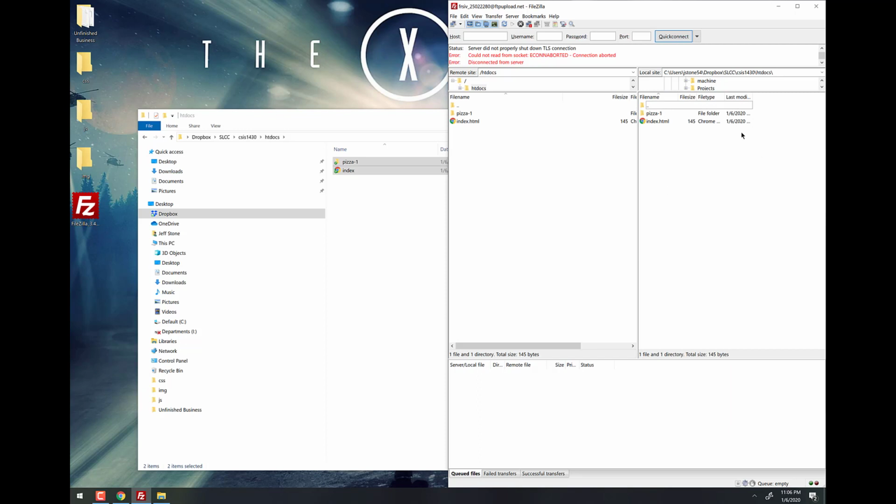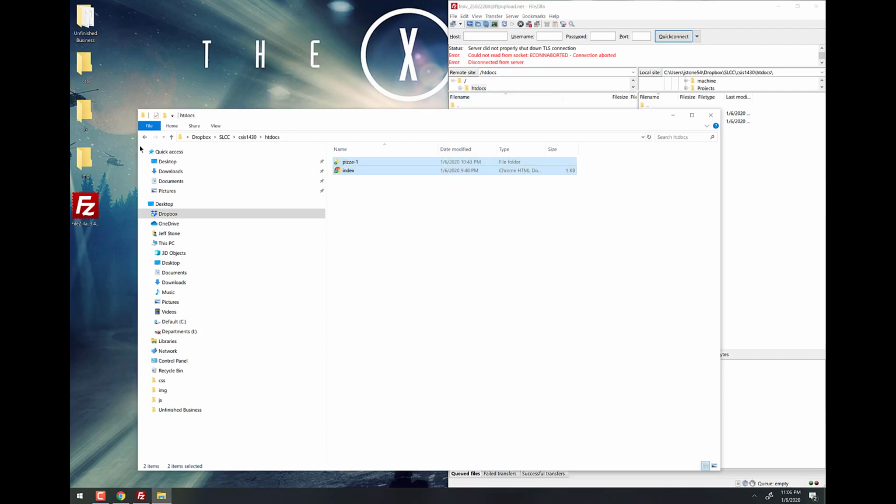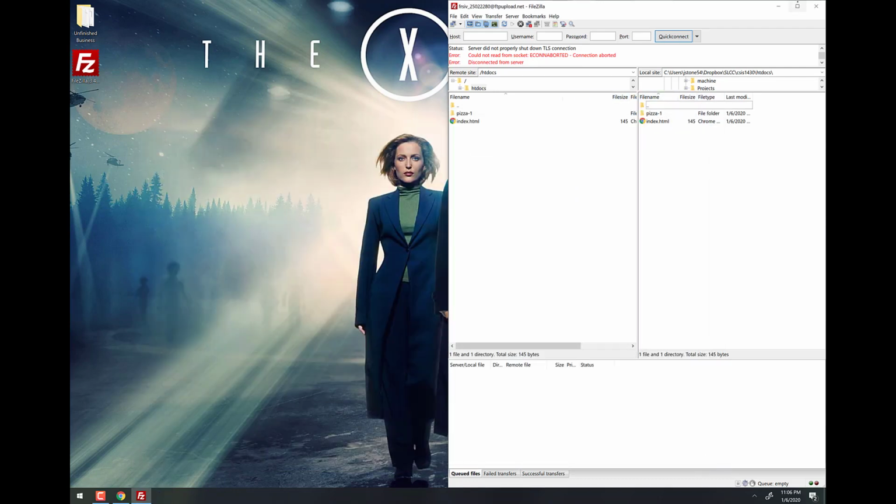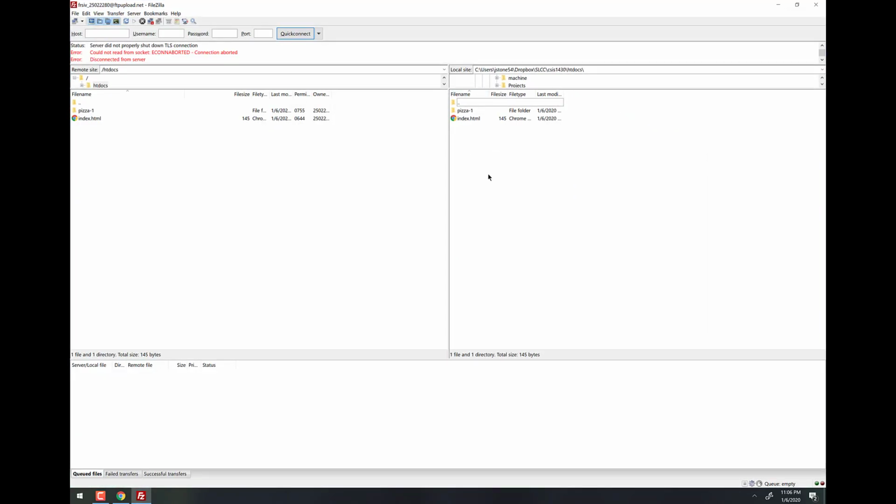All this is doing is looking right here, just on my local computer, just like this is looking on my remote computer, my server. Also, you'll recall we wanted to put these three folders on my server. Well, I'm going to drop them here in my local machine in the htdocs folder. I'm just going to close Windows Explorer now and expand this back out. Refresh this. And here you go.